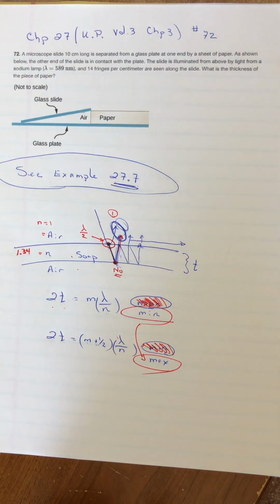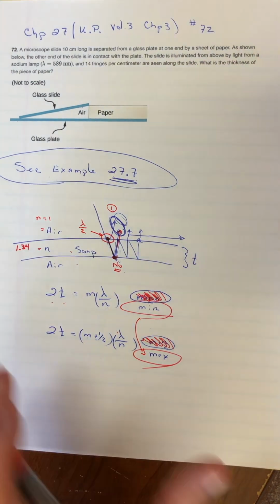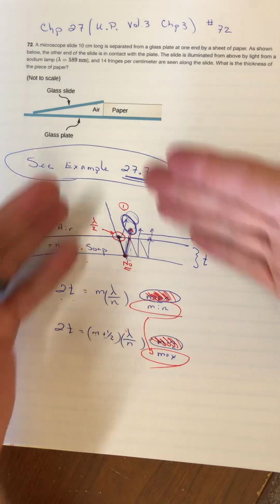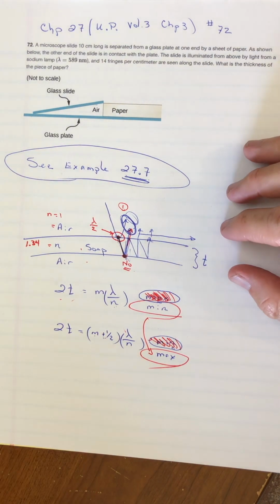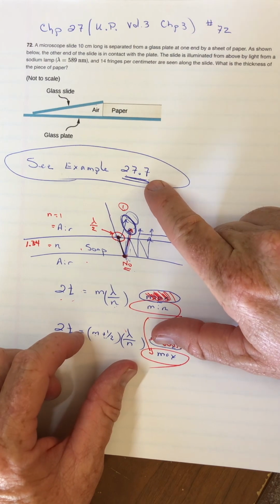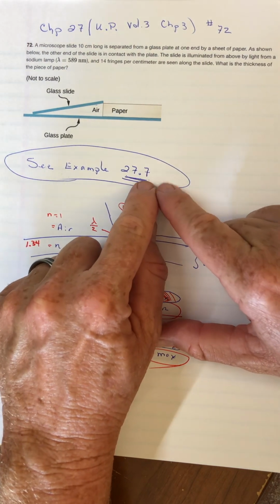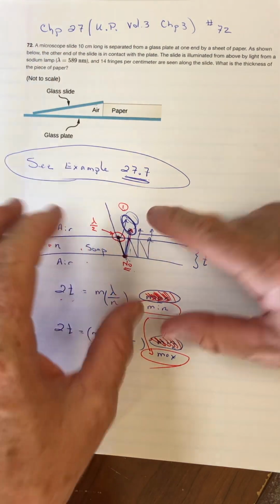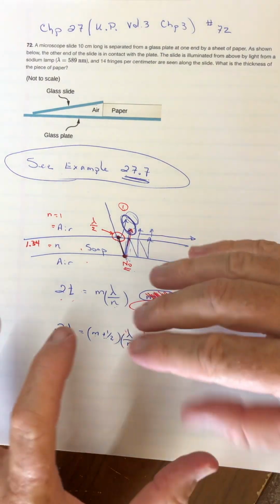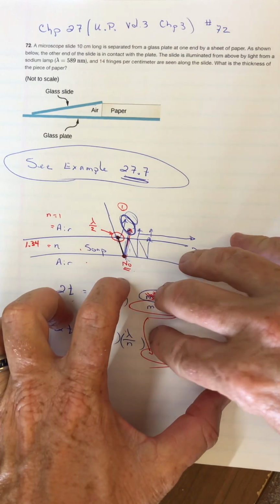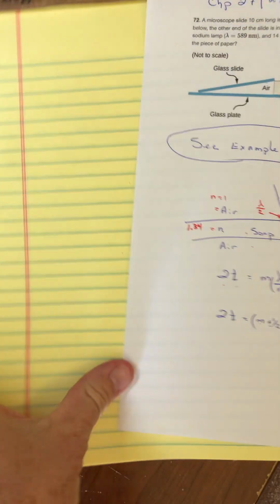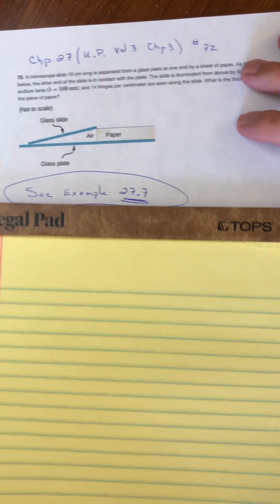Okay? Now, I hope I didn't talk too much about example 27.7, but I just wanted to do a review of our thinking and our logic in section 7 of chapter 27, where we talk about thin film interference. So I'm going to use that information, but talk about this problem. So let me maybe put it like this